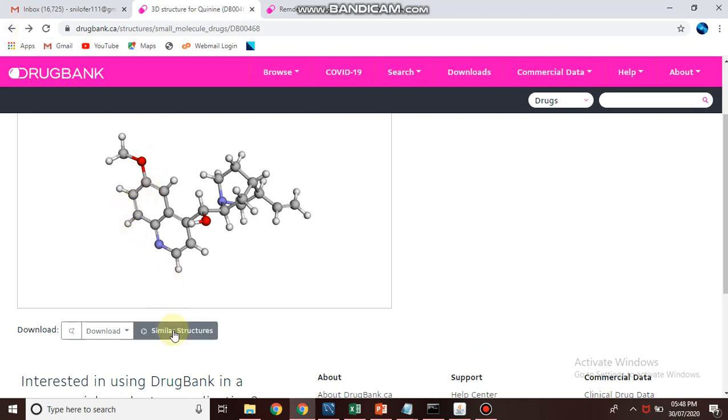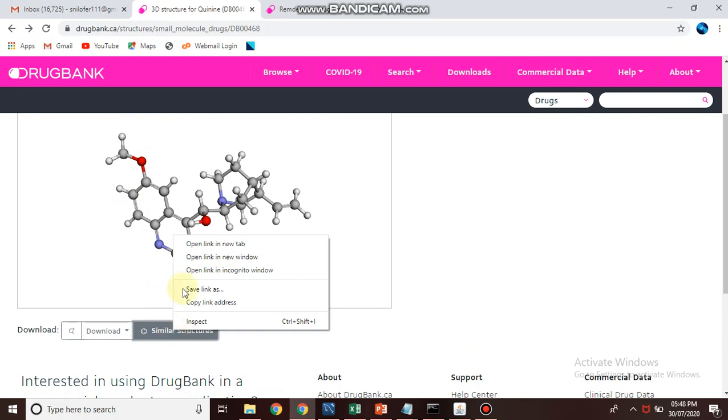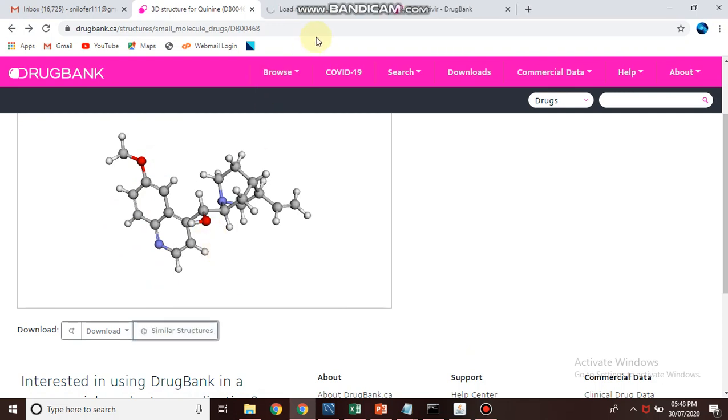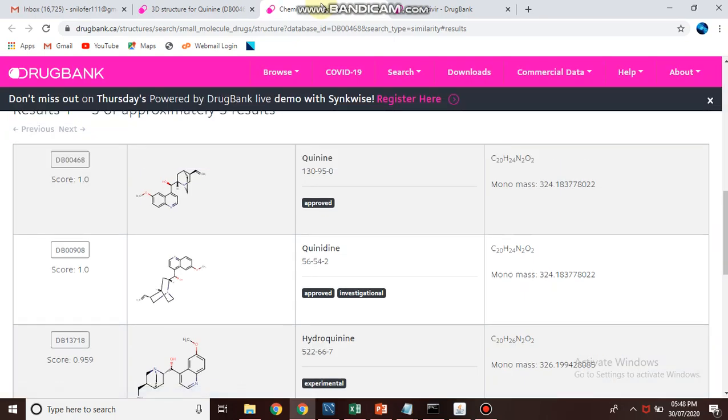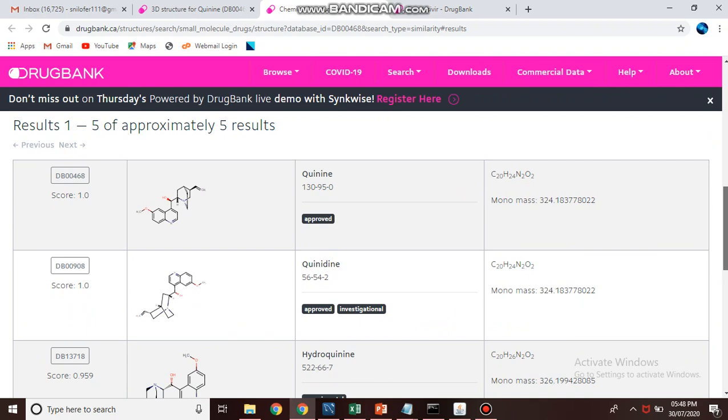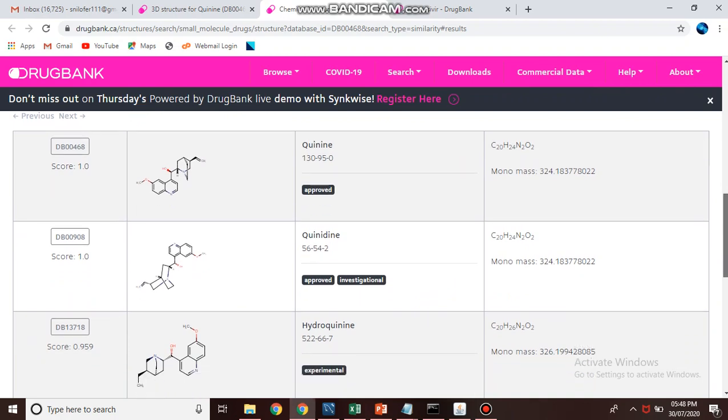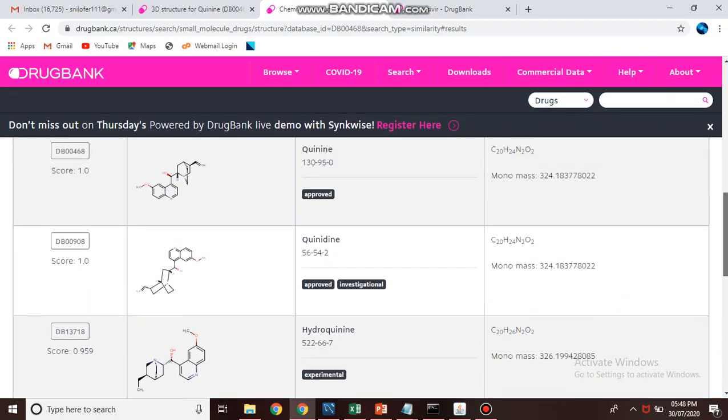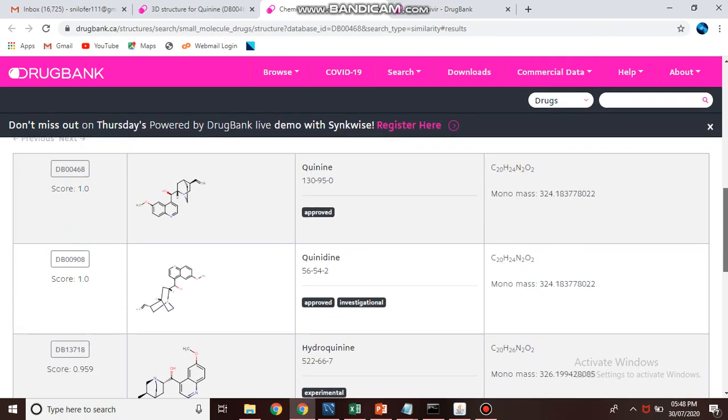Now I will show you that you can even get similar structures by clicking this. Here approximately 5 results of similar structures are showing.